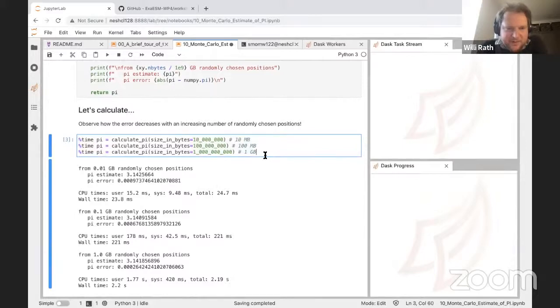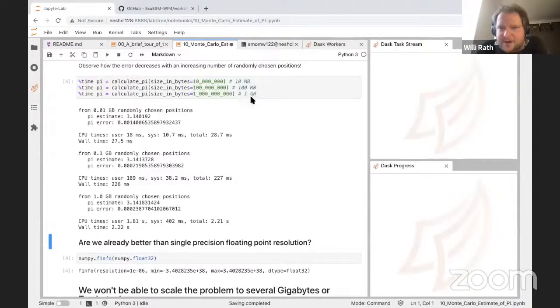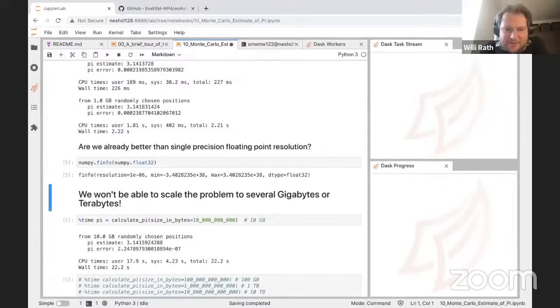And now we could do this for example for 10 megabytes, 100 megabytes and 1 gigabyte of data. We see that with 1 gigabyte, and NumPy only using 1 thread on an otherwise very powerful computer, it takes about 2 seconds and 1 gigabyte of memory to estimate the number pi to something that some of you probably already see is wrong after 3 digits. So what if we wanted to go for at least floating point resolution? Well, I said this is a very bad method for estimating pi, so never use that in production, but it is really illustrative and gives a nice toy example for sending arbitrarily large data workflows